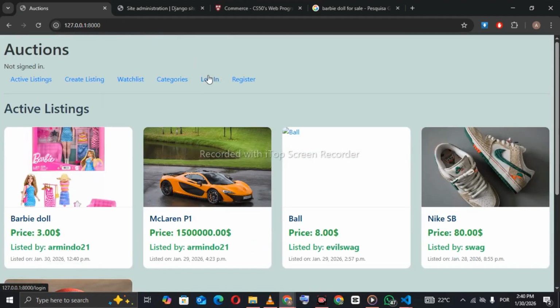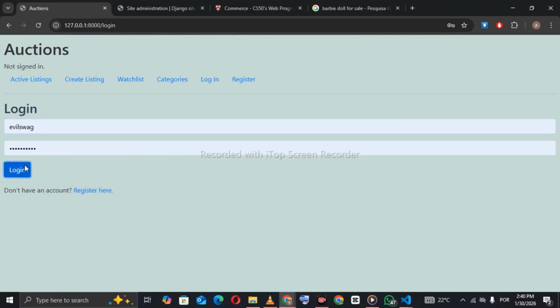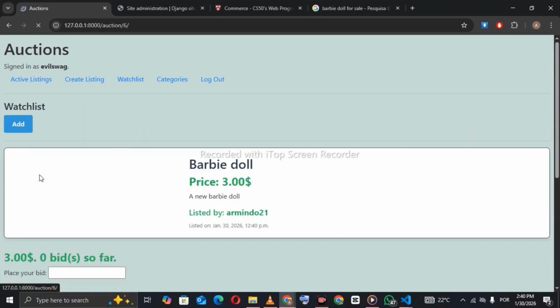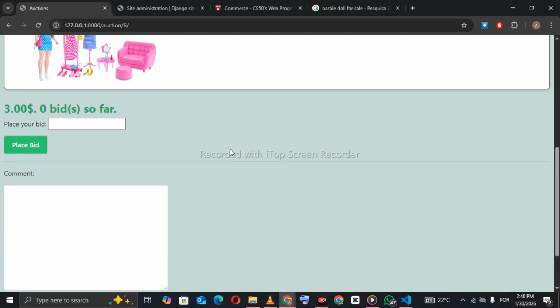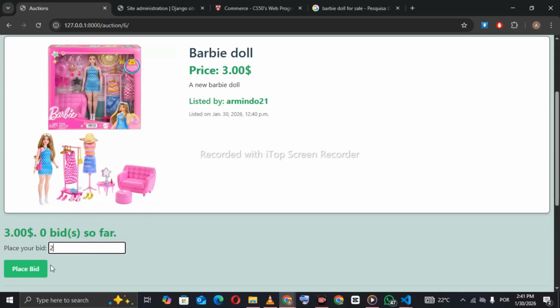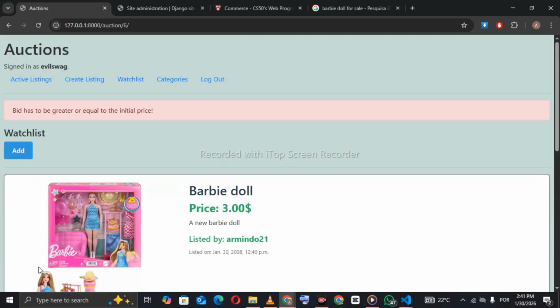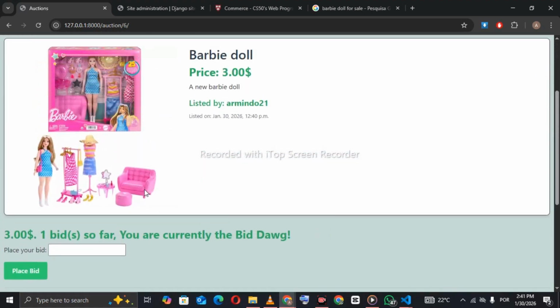So I'm going to just log out and log in to a new account. Choose this one. Okay. Now we can see the bid form. We can see the comment form. Let's try to make a bid. If I do this, it's not going to work because the initial bid has to be greater than or equal to the initial price. So here we go, $3, one bid so far, and I have